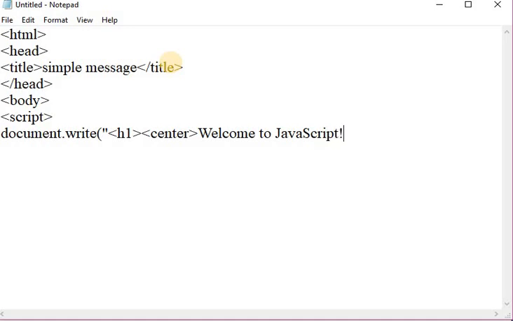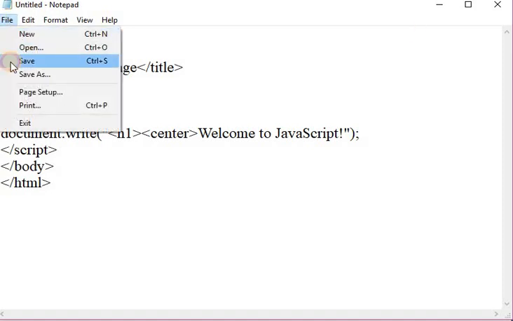Okay, this is our message. Close this write method. After that close the script tag, close the body tag, and after that close the HTML tag. Save this file with the HTML extension.